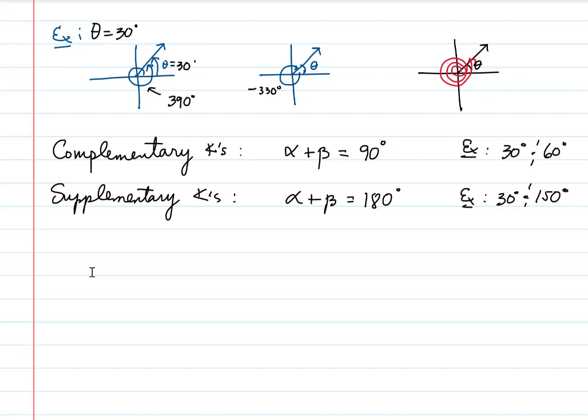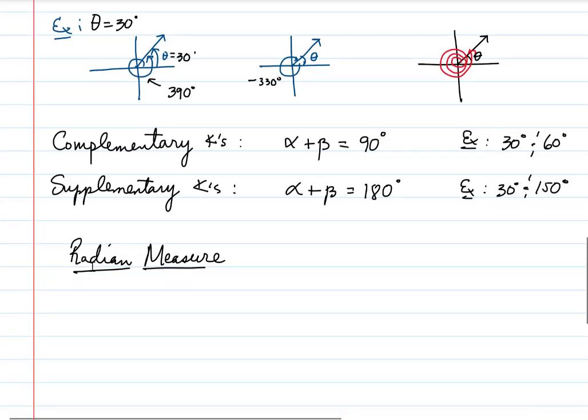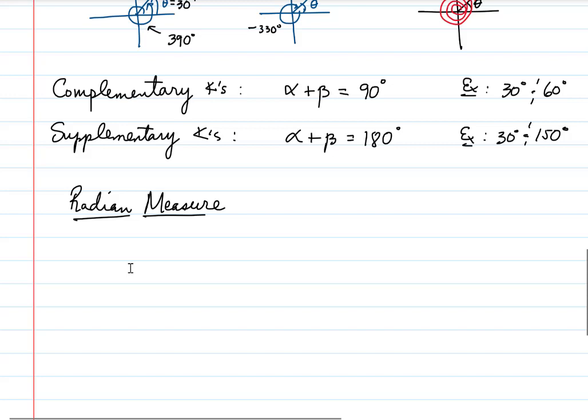We are now ready to define the second measure here, and that is the radian measure. Okay, so this is the one that we're going to work towards, and eventually in calculus, we use radians all the time. So you want to start getting used to transitioning from thinking in degrees to thinking in radians. And the way that a radian is going to be defined, this one does have a mathematical